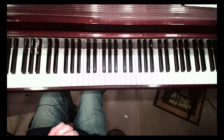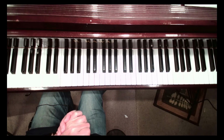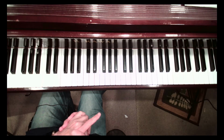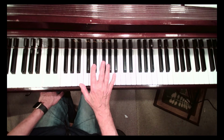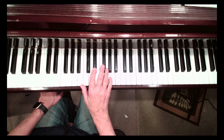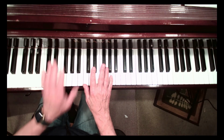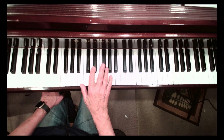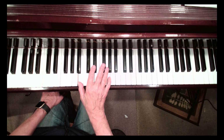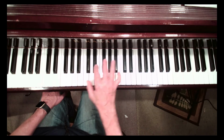Now, I've identified what I think are probably the first two arpeggios people should try to work on. They're easy to remember. The fingerings are easy to remember. One is the B major arpeggio. Now in the right hand, we'll talk about the left hand. In the right hand, we put a 1 on a B, a 2 on a D sharp, and a 3 on the F sharp. And as we go up, you can practice it by going up and down that arpeggio,